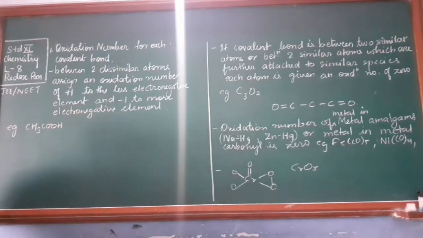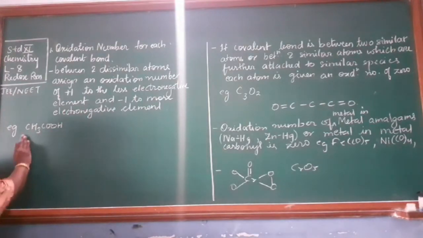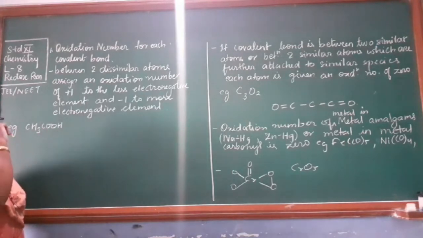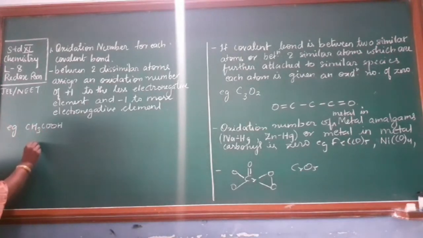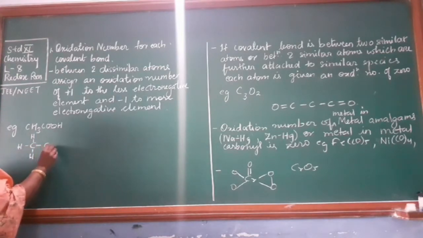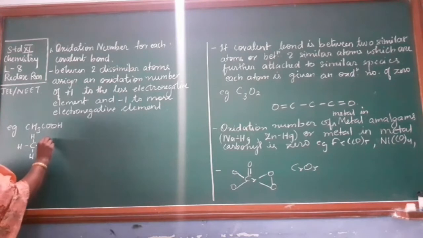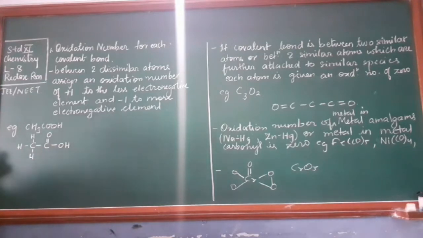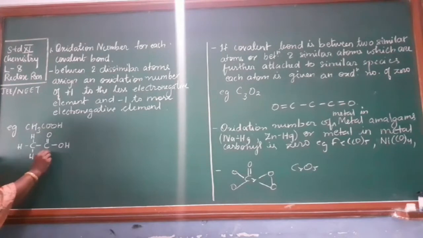तो यहाँ पे CH3COOH का example लेके हम समझते हैं. Okay, so here, if I write it properly, I have CH3COOH written as a hydrogen here, hydrogen here. So here you are having hydrogen and one of the carbons is bonded with a double bond with oxygen and a single bond with OH. तो अगर हम नंबर दे दें ये दोनों कार्बन को, let me take this as carbon number 1 and this